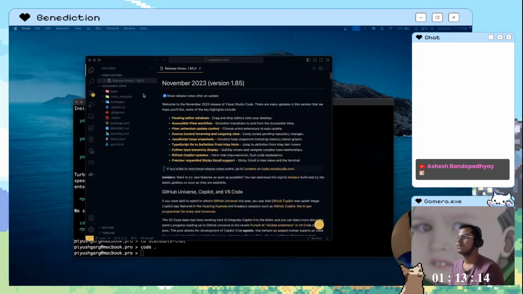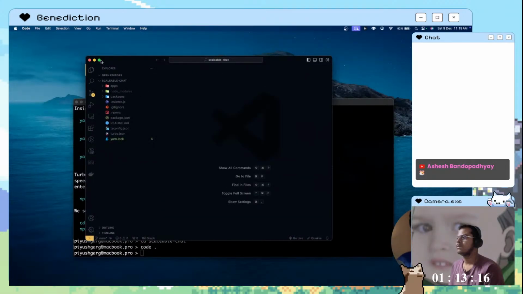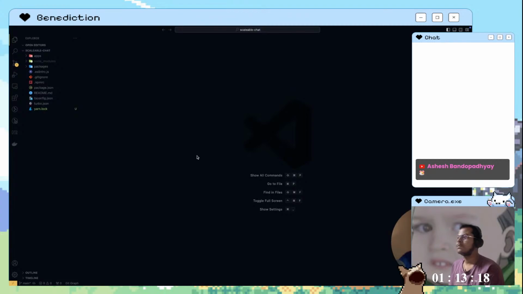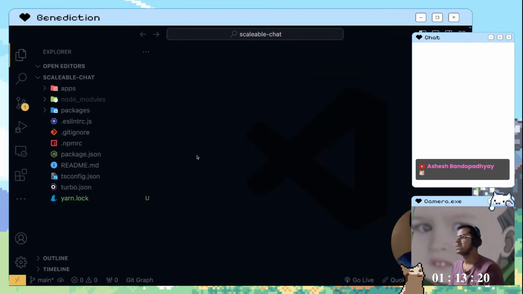तो ये मेरा VS कोड ओपन हो चुका है, एंड व्हाट यू विल नोटिस इज दैट यहाँ पर हमारे पास बहुत सारी फाइल्स हैं, ओके। सो डोंट वरी, एक एक करके इन फाइल्स को समझते हैं दैट ये क्या है। बेसिकली मोनोरिपो का मतलब क्या होता है दैट हम एक ही रिपोजिटरी के अंदर, एक ही कोड बेस के अंदर अपना बैक एंड रख सकते हैं, फ्रंट एंड रख सकते हैं, लाइब्रेरीज रख सकते हैं, एंड उस चीज़ को मैनेज कौन कर रहा है,